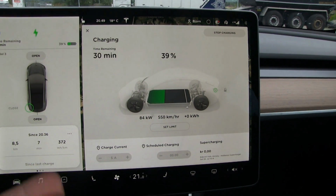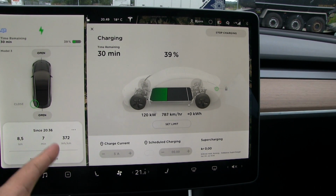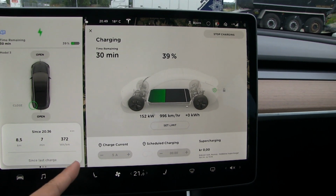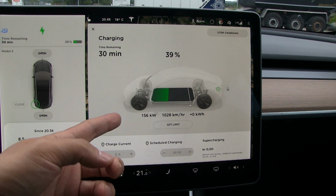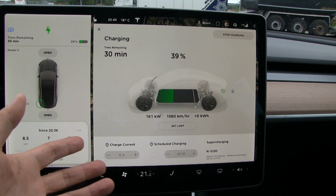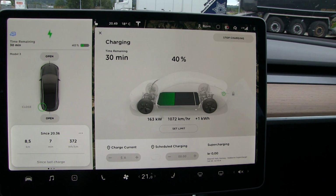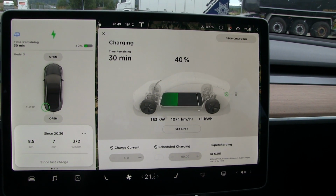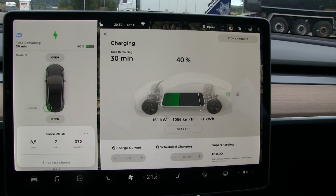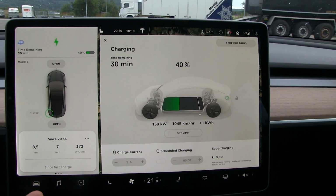But anyway, I wanted to test this because it seems like if your trailer is large, like in this case, then you cannot expect the maximum speed for some reason. I'm not sure why. The battery should be warm enough. I've been driving a long time with this trailer, that's why I did a long run versus a short run only. So the battery should be warm enough. And my theory is that maybe the battery is not too warm. It has active cooling, but like I mentioned, maybe it has something to do with